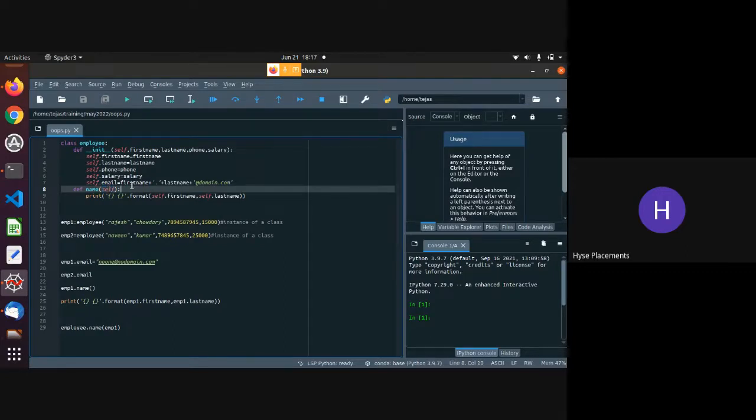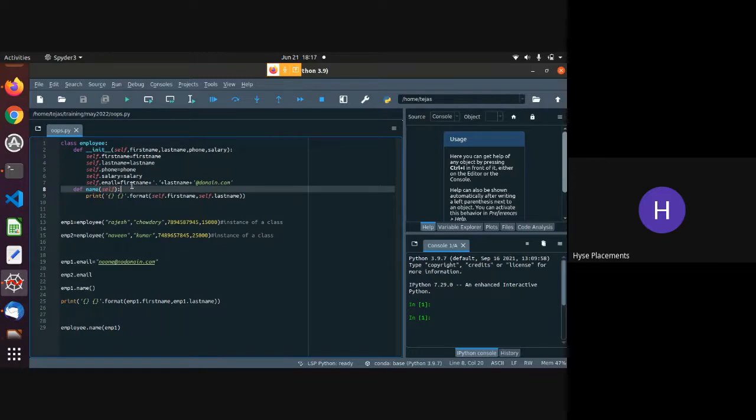I'm sending the instance as a parameter into that method, and automatically whatever items you want to access for that particular instance, you can access in that method. Getting it right? So you can access the items of that particular instance in the method, and you can perform some operations. Okay, so that's how we have created a class, we have created a constructor, we have created a